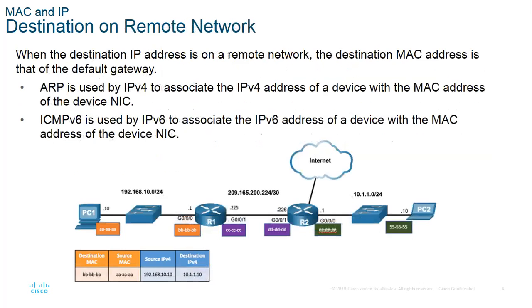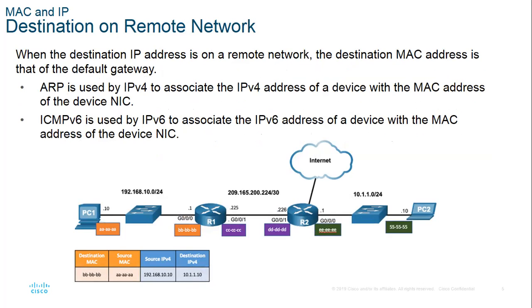A MAC address is related to the LAN, so mainly to the Ethernet protocol, or any layer 2 protocol from the IEEE. So when we need to associate a MAC address to an IP address, it should be located in the same